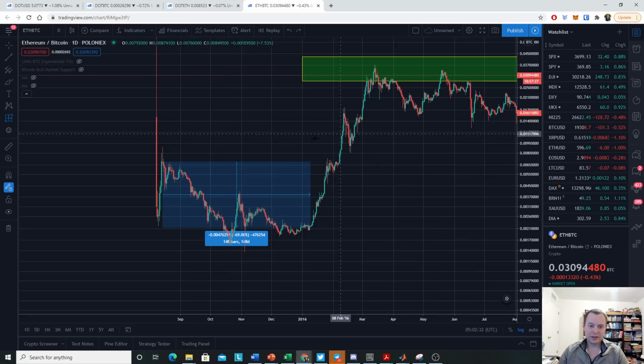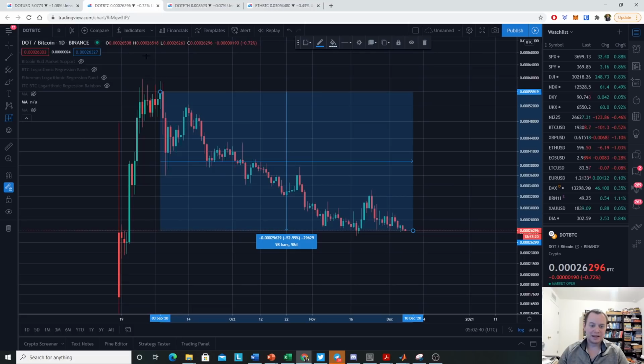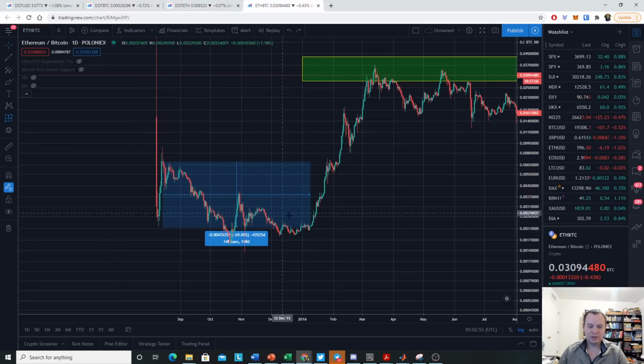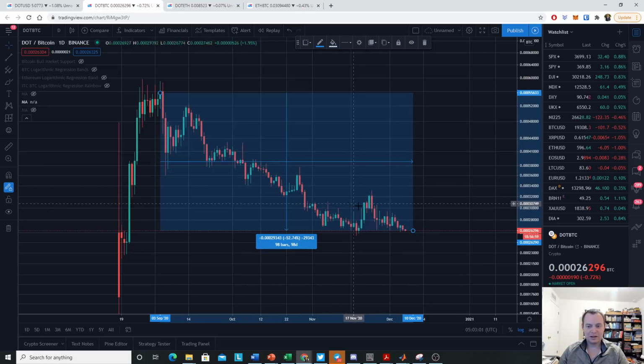So you look at Ethereum and see, okay, well, it trended down by 70% over 148 days against Bitcoin. And then you go back and look at DOT and you see, okay, well, it's down about 52%, 53%. From the wick of this candle, it's down about 55%, on about 98 days. So about 100 days, approximately 50 days shy of how long it took Ethereum to move against Bitcoin. So it's not that this move is necessarily a showstopper for Polkadot. It just is the phase of the market cycle that it launched.